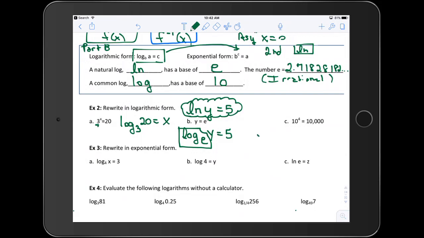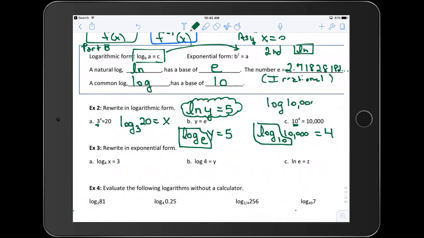I know that we have a log. The base is 10,000, 1, 2, 3, and that is going to equal my exponent. Now here's another one where this is the common log. If you write it like this initially, it's not a huge deal, but as you get going, we would never write this like this. You tend to write it just as log